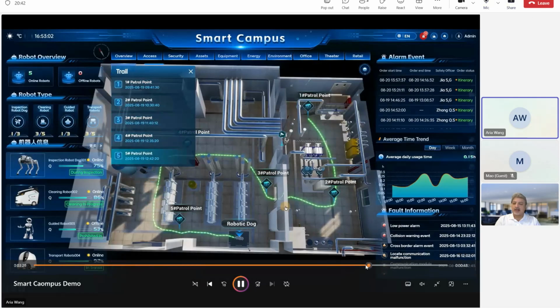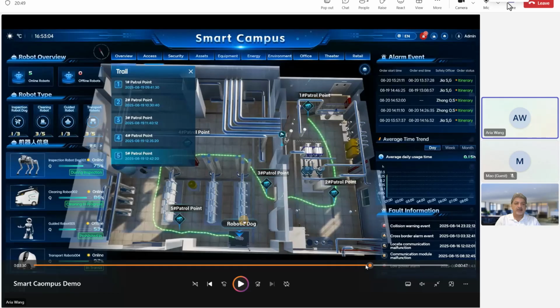I see also some robots on the left side, the robot dog, some other humanoid. So what are their roles? What are the roles here? There are robot dogs in the campus for patrolling and monitoring, we can also link to the RoboDogs system, and from the GPS we can record the patrol route, and also we can get a recording